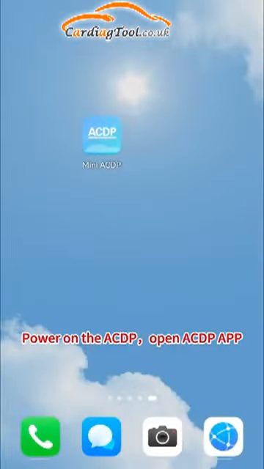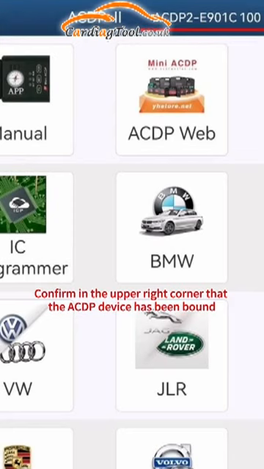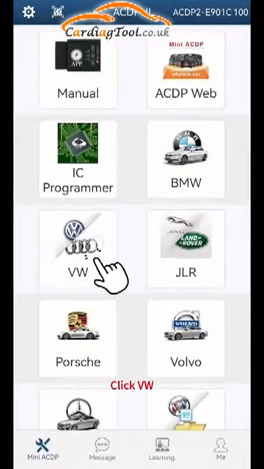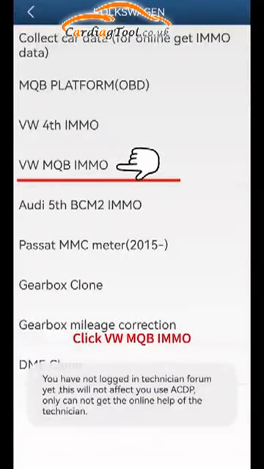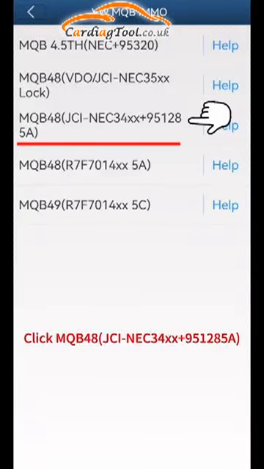Power on the ACDP. Open ACDP app. Confirm in the upper right corner that the ACDP device has been bound. Click VW. Click VW MQB IMMO. Click MQB